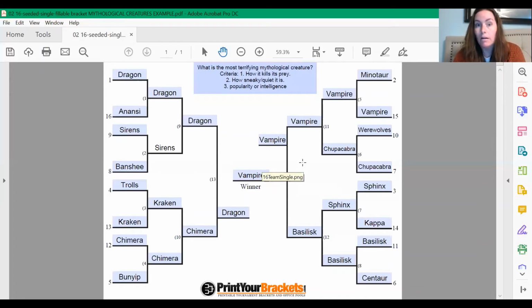All right, so then I got down to these ones and I got my top 4. These are my top 4 most terrifying mythological creatures at this point. So I'm between the dragon, the chimera, the vampire, and the basilisk. So then I do the same thing. I look at the dragon and I look at the chimera and I talk about it. I decide in my own head which one I think will be the winner, and I went with the dragon. Big reason for that is because it can fly. They both breathe fire. I don't know how smart a chimera is compared to a dragon because I just know more about a dragon. A lot of dragons, you can't pierce their armor. It just depends on the mythology. So I just went with the dragon because they just are so formidable.